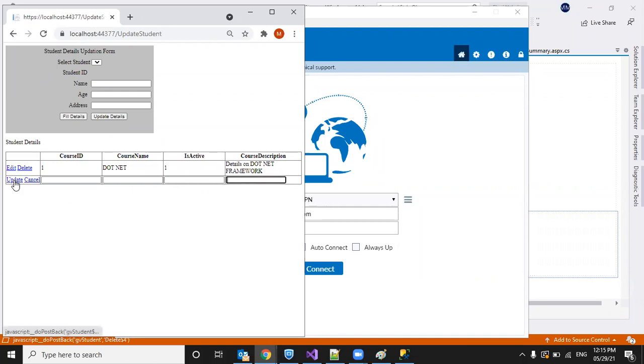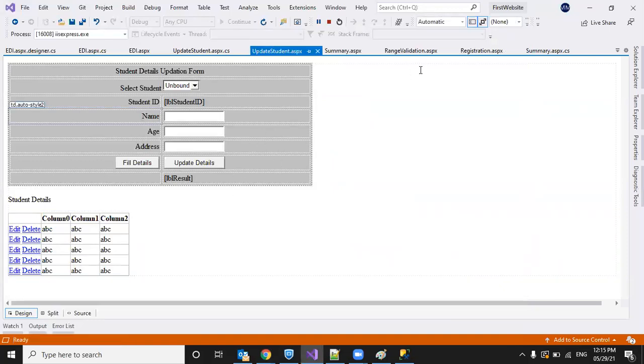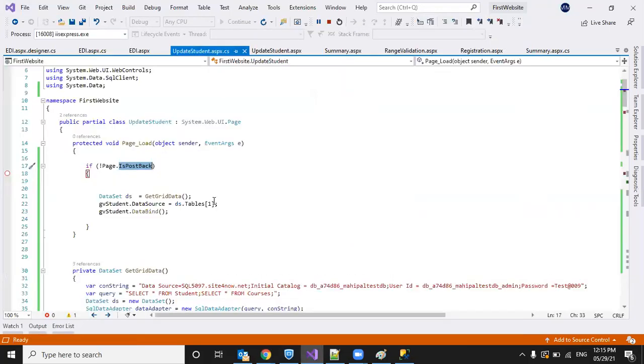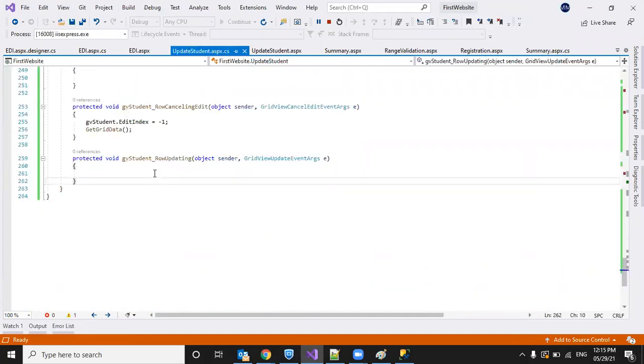For now, if I click update, I'll write some code and explain how we will get the new values and how we pass them to the update command event. The template UI part, I'll explain tomorrow.